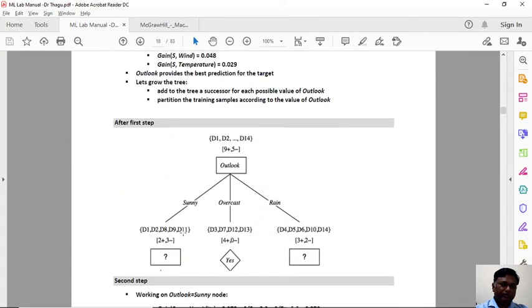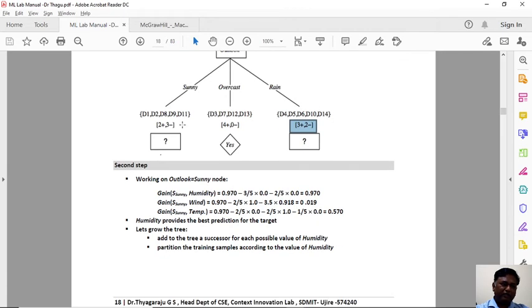Okay. So now you calculate the entropy of sunny, that is your superset. Under sunny, which attribute has the maximum gain from the remaining three? For sunny, you can see there are 2 positive and 3 negative. In the same manner, what is the entropy of rain? There are 3 positive and 2 negative. So the entropy of rain and the entropy of sunny you can calculate and write here. Now under this sunny, which attribute should come? Which should be filled? So you take the remaining 3 attributes.